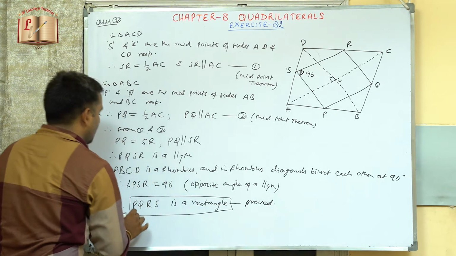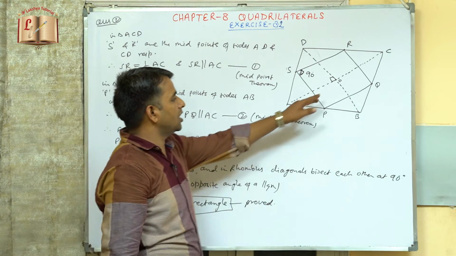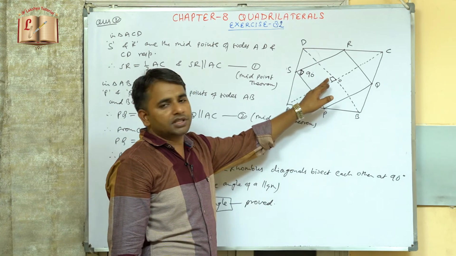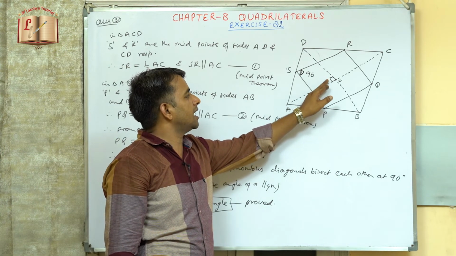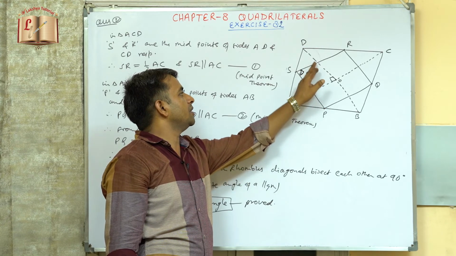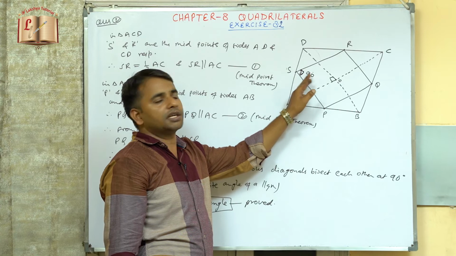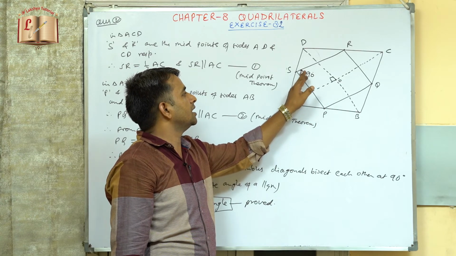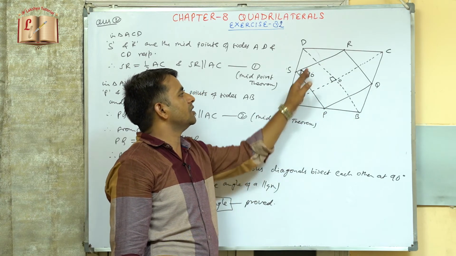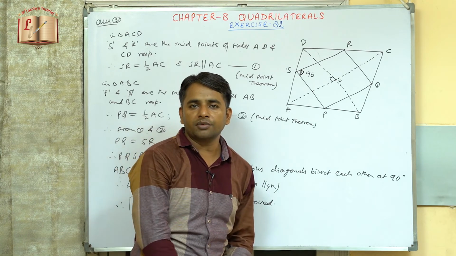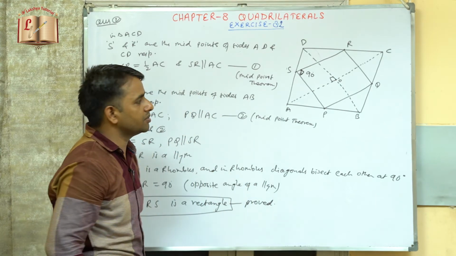सबसे पहले इसको मैंने क्या किया, पैरेललोग्राम प्रूफ कर दिया, और पैरेललोग्राम के बाद में because diagonals of a rhombus bisect each other at 90 degrees, तो ये इसका क्या होगा, ये भी एक पैरेललोग्राम है छोटा सा, ये पैरेललोग्राम है तो इसका ये अपोजिट एंगल हो गया, ये 90 डिग्री तो ये भी 90 डिग्री हो गया, ये एंगल क्या हो गया, this is one of the angles of this parallelogram. So if one angle of a parallelogram is 90 degrees, then it becomes a rectangle.